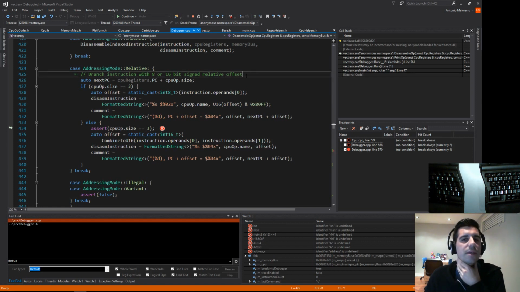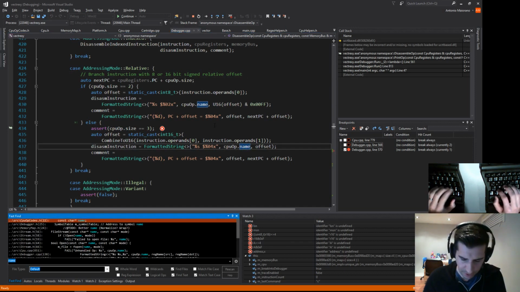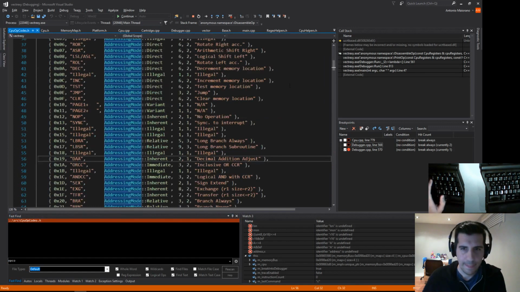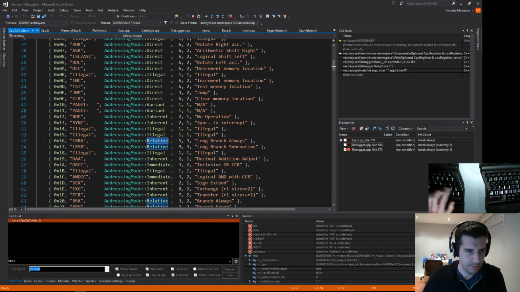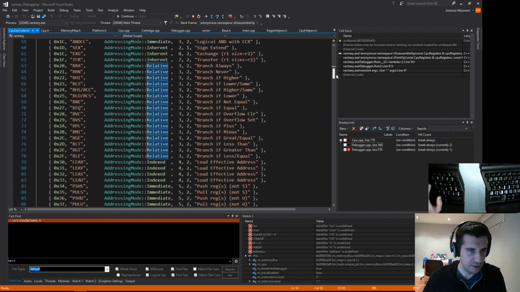Yeah. Let me see something. If I go to my opcodes here and I look for relative, so that's all the branching instructions here,